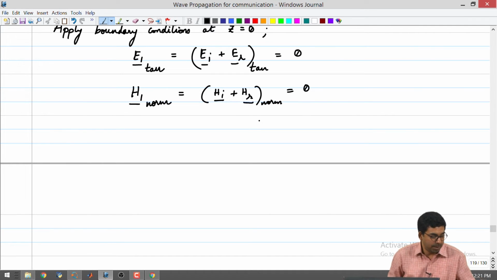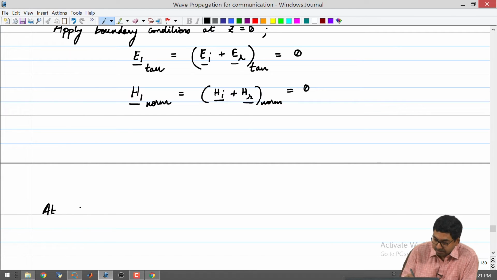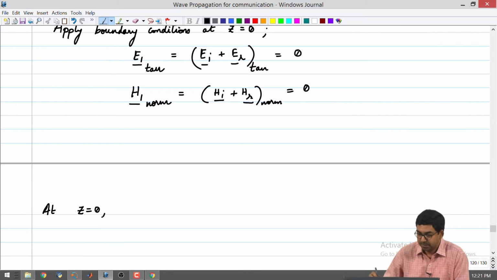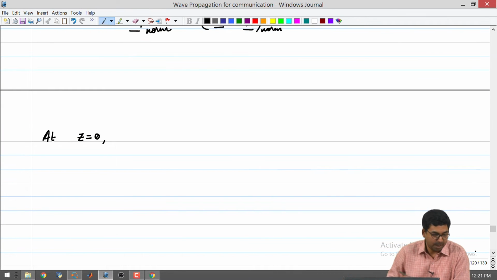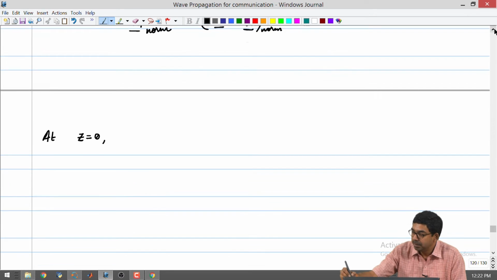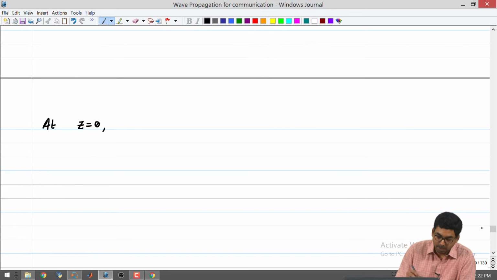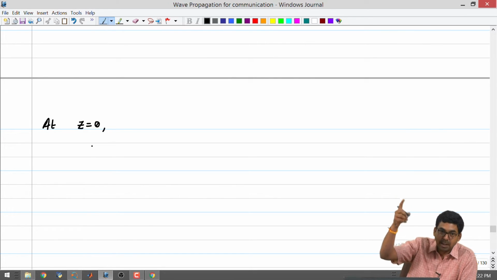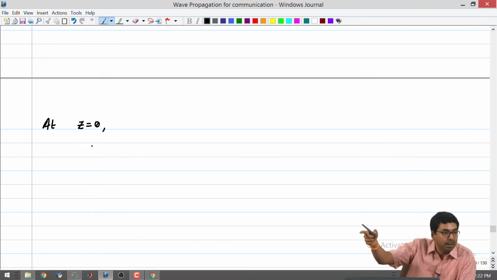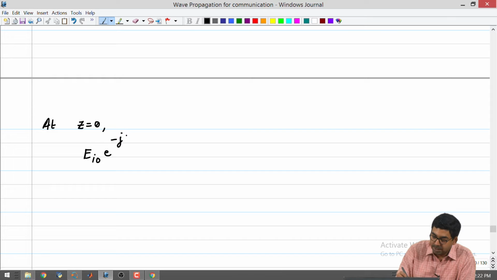Now, let us have a look at what do these things mean. Do they mean something different or do they mean the same thing? So, let us say that at z equal to 0, I will have the incident plus the reflected fields tangential component is equal to 0, that is what I need to worry about. So, I substitute z equal to 0 for EI, substitute 0 for ER, and then I have to add them up together. So, I am going to say that at z equal to 0, I have ei naught e to the minus j beta 1 x sin theta I,